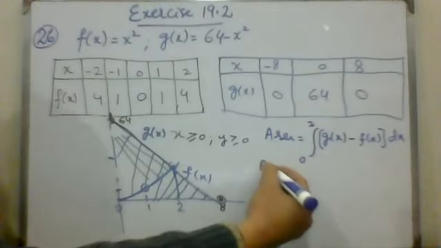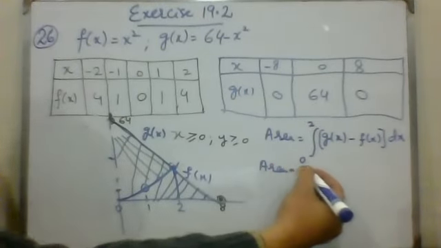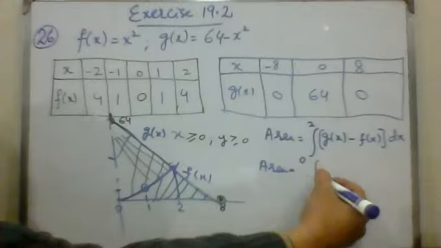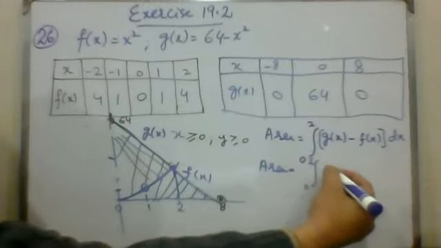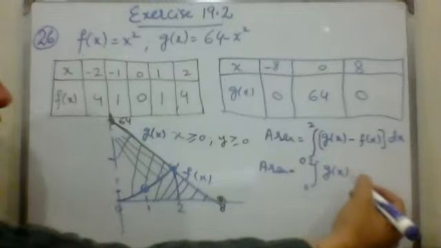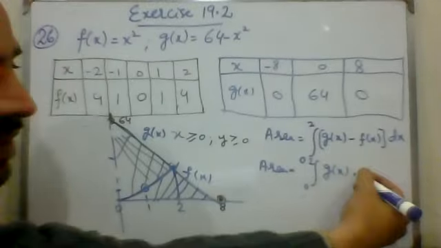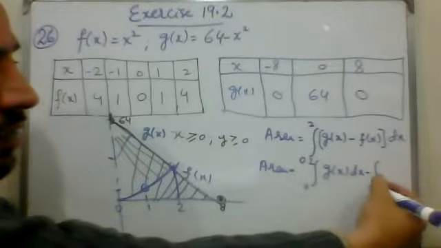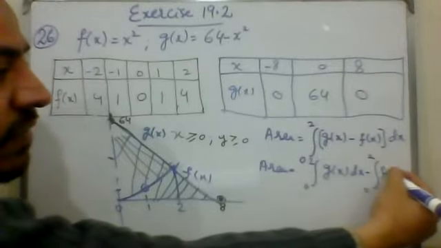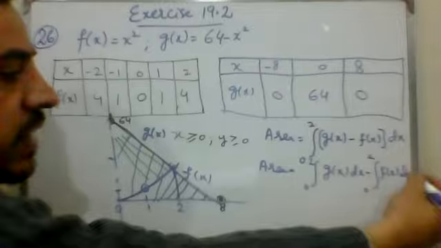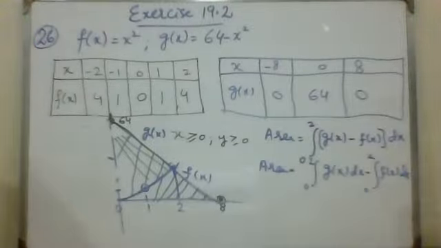So the area is equal to the integral from 0 to 2 of g of x dx minus the integral from 0 to 2 of f of x dx, which we apply separately. Now next one,